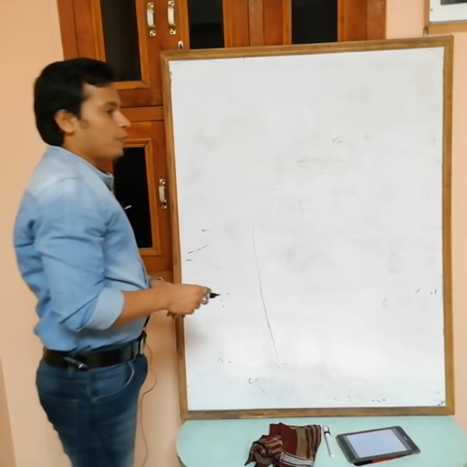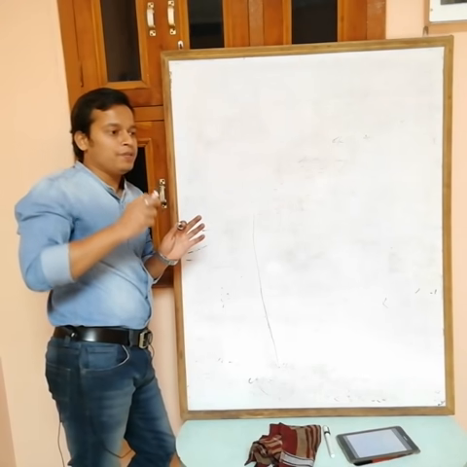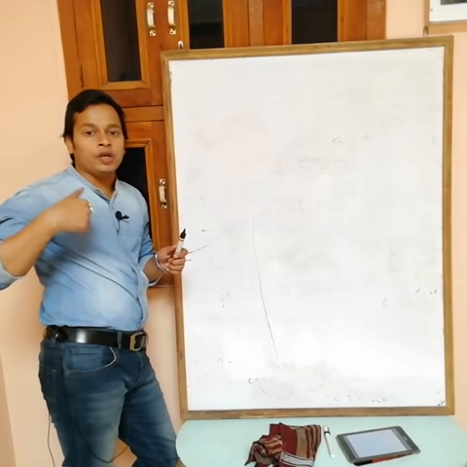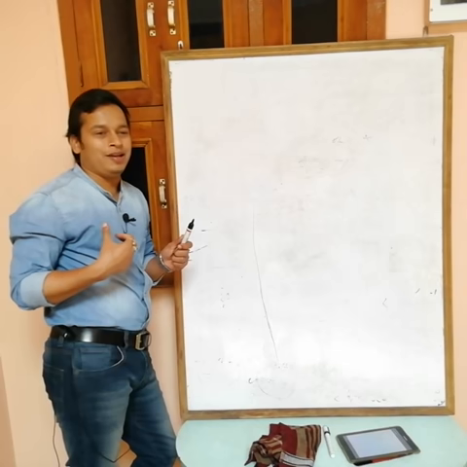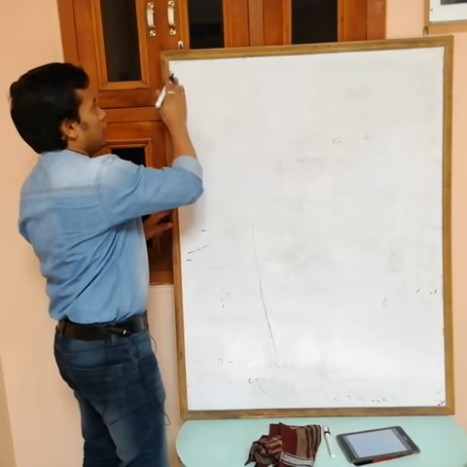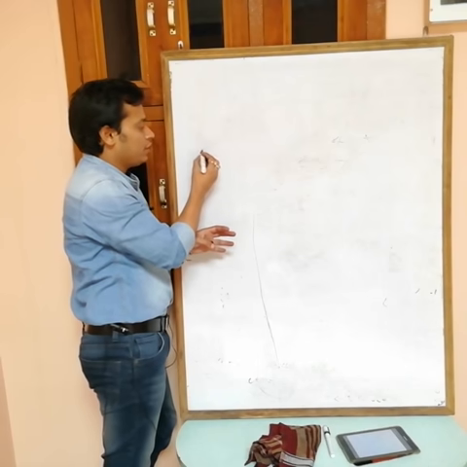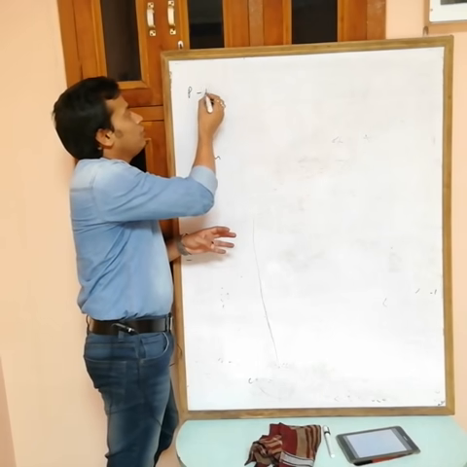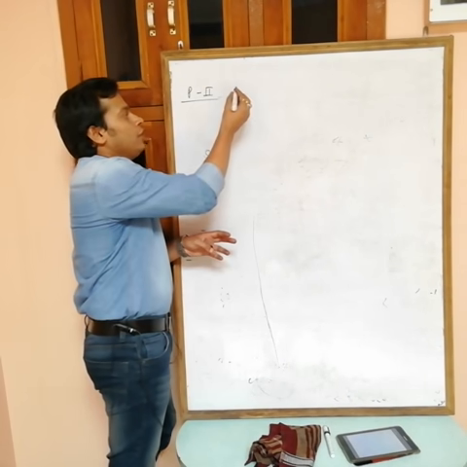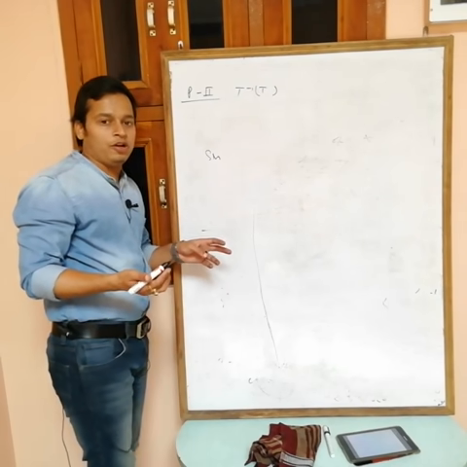Now let's view property number 2, which is most important and you have to remember. Just learn property number 2, because this property is also useful to prove other properties and in many questions. At this time I am not writing, just see. Property number 2: the first one was trigonometric of inverse trigonometric, now this is inverse trigonometric of trigonometric function.